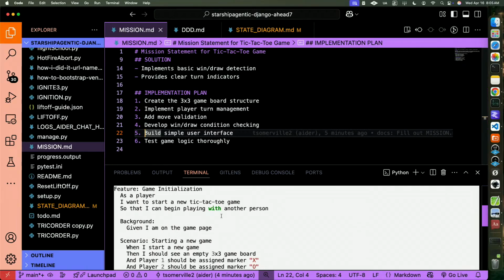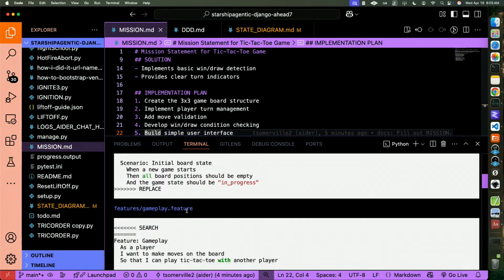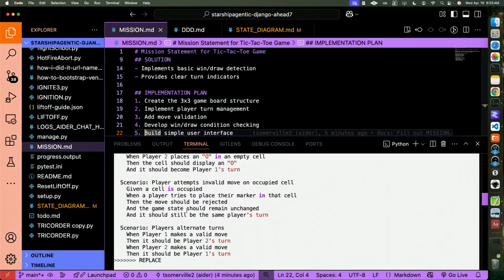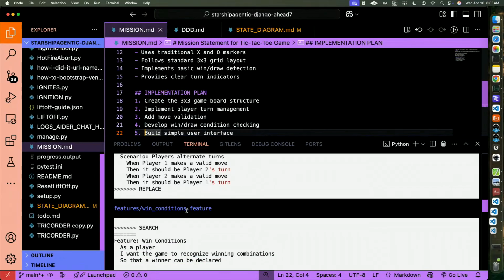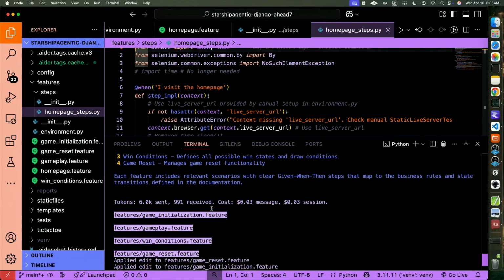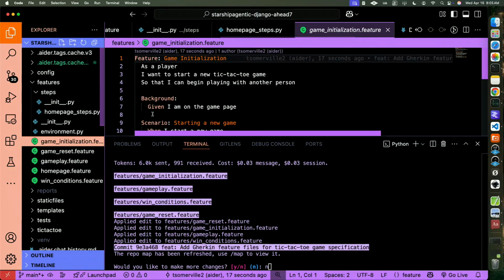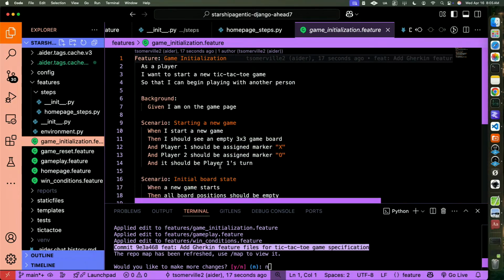And now, the most important thing, we generate the features, the user stories from all of this documentation. So these user stories are very specific to our business rules and things that we just discussed. So notice how it's making feature files over here. Just a moment, it's going to save all these feature files. Yeah, if you wanted to edit any of these feature files, let's say something was too complicated or missed something,